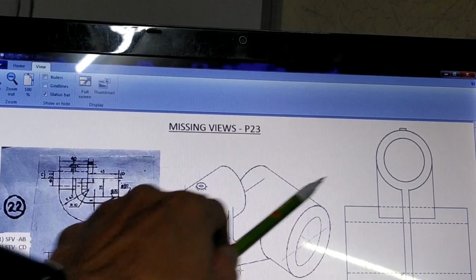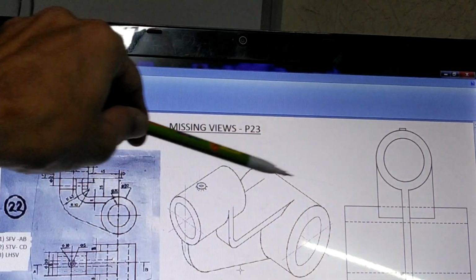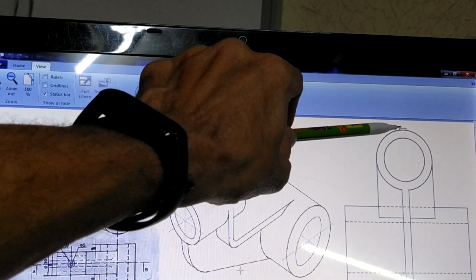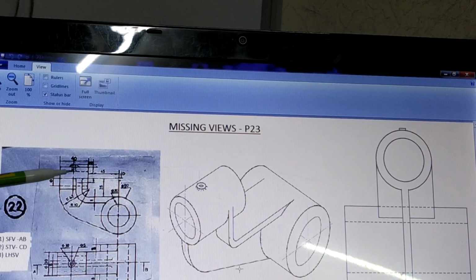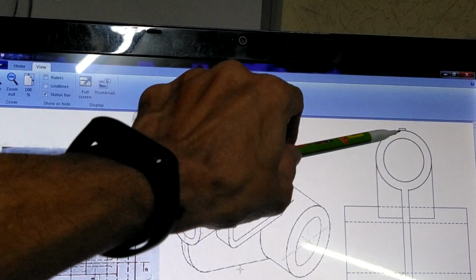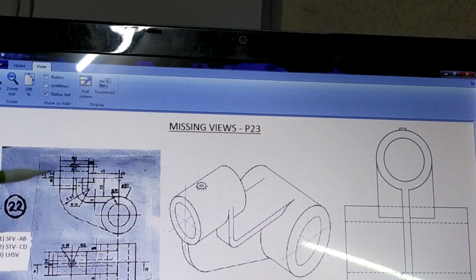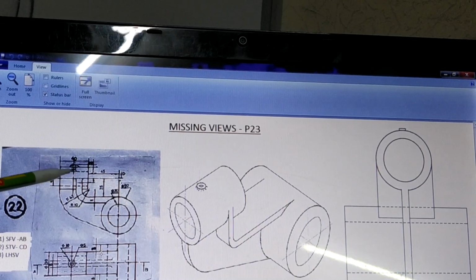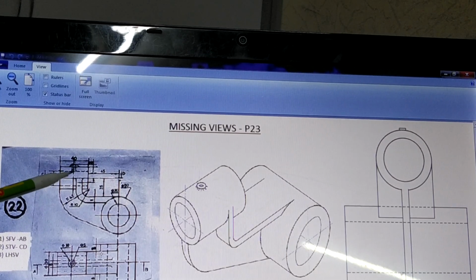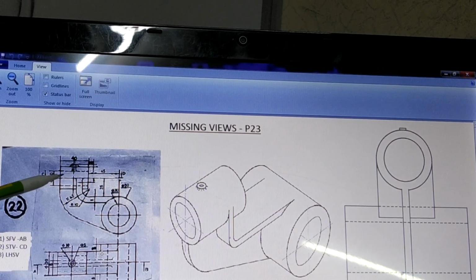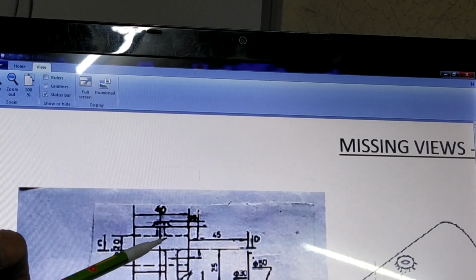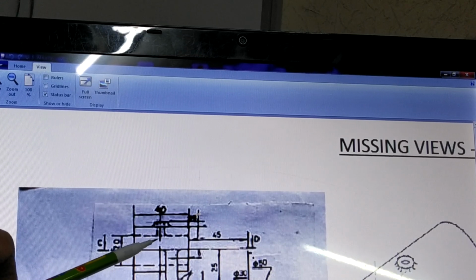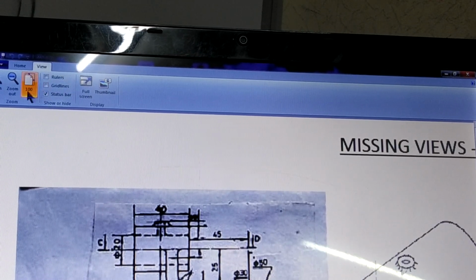This oil hole which is shown there will come like this. Now this is a section, this is the view. It is not shown, but you have to draw dotted lines here. These dotted lines correspond to the opening of the hole over here. And when you draw the sectional front view here, one hole is intersected by another hole. So this is a case of intersection of two surfaces. As we have seen earlier, there will be one small arc at this place. At this place, a small arc will be drawn to show the intersection of two cut surfaces.